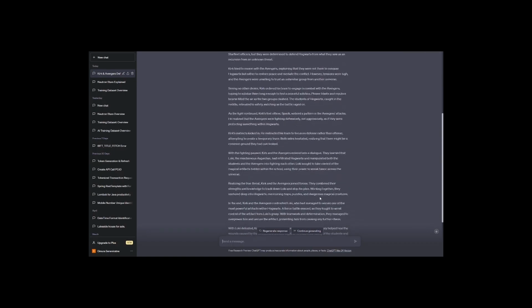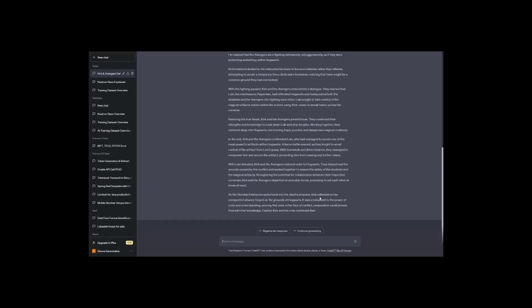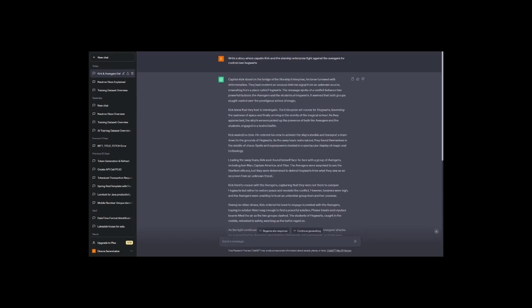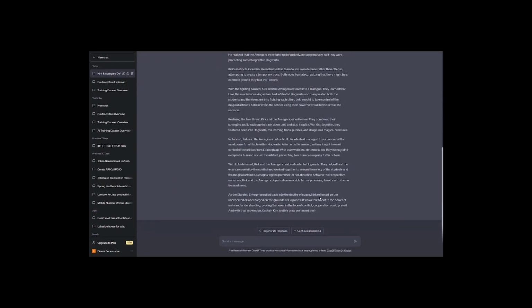As I can see, the two sides that I gave it were both good guys. It kind of made them work together. I'll post this if anyone wants to read it. As I said, the writing is quite flat and usually very predictable. There's almost always, well, pretty much always a happy ending, and I believe that's something that the ChatGPT team has baked in